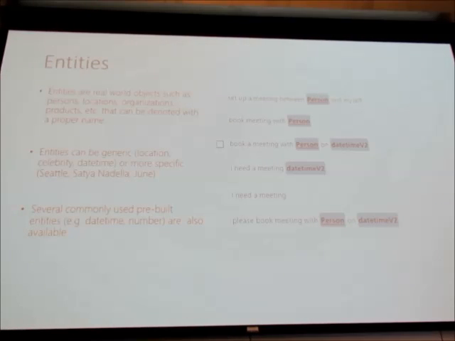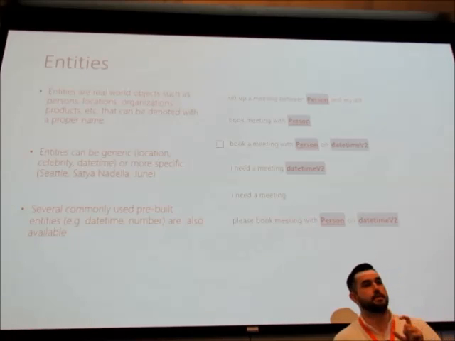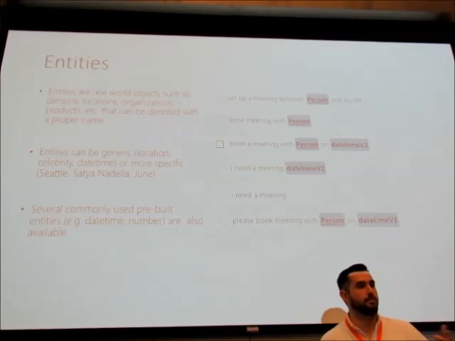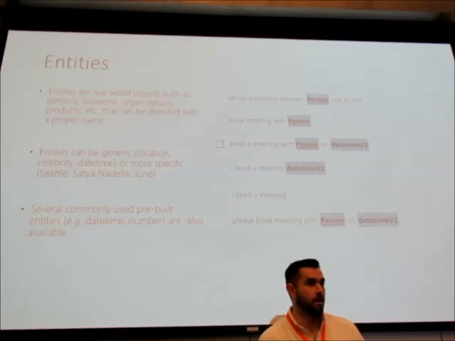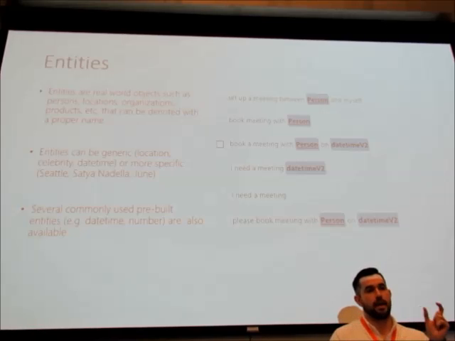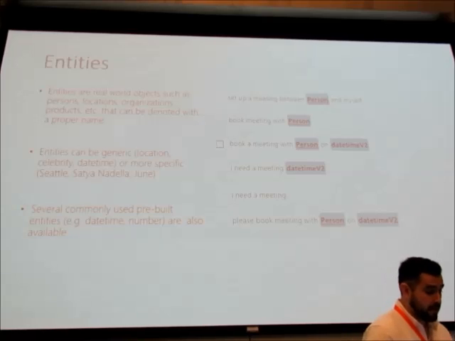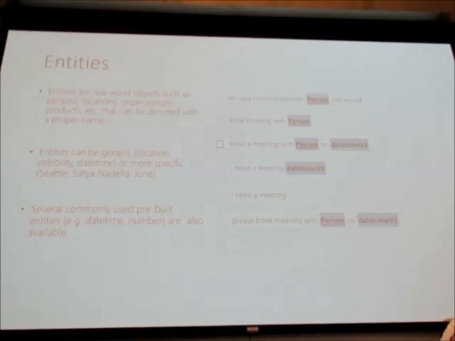So entities, like I mentioned, are the physical nouns that we wish to pick up. Here are a couple of examples from, I think, one of our boot camps out in Toronto. Set up a meeting between person and myself. Book a meeting with person. Person would be an entity that you create in your model. When the utterance comes in, that would be a name. Book a meeting with Carl and myself, or Bob, or whomever. And you would expect your model to understand that name maps to that entity. We'll get into entity types and some design patterns with entities. A lot of time is spent on getting the right entities to fire and designing the correct entities.